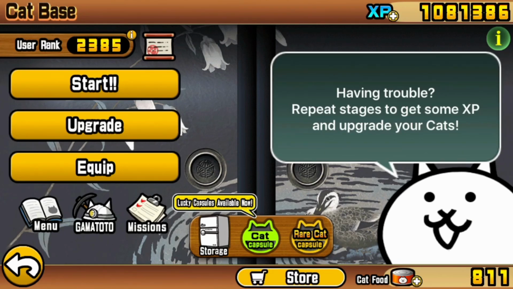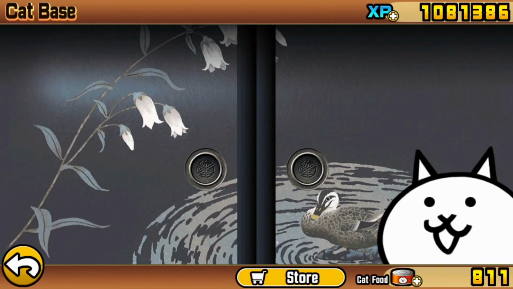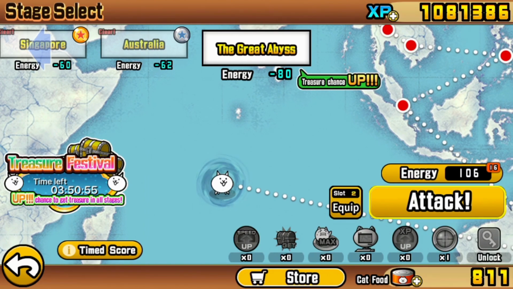Yo, what's up guys, Boogle here, and it is the Into the Future Chapter 2, the Great Abyss Guide today,